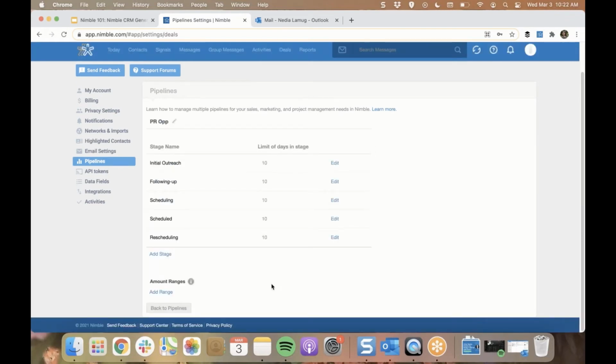So from here, the number of stages completely depends on your sales process. And you can also easily drag and drop them if you need to change the order and rename them. Nimble also gives you the option to set the number of days you allow each deal to be in each stage. And when we go back to the main tab view,